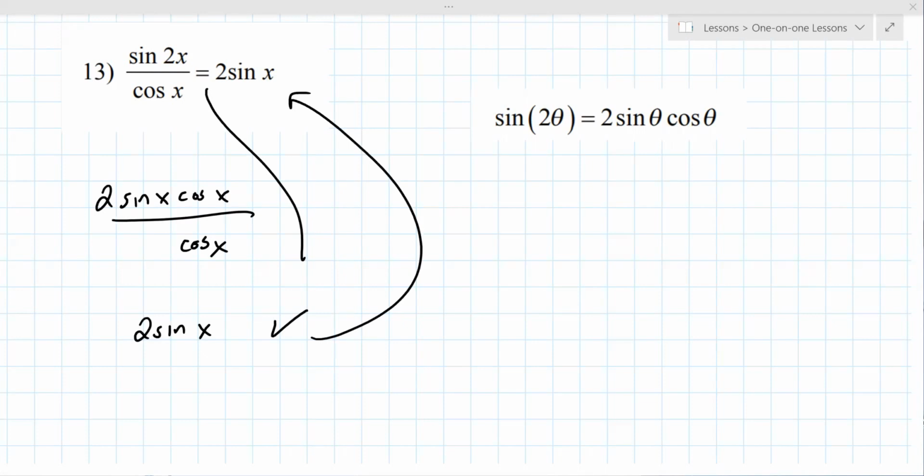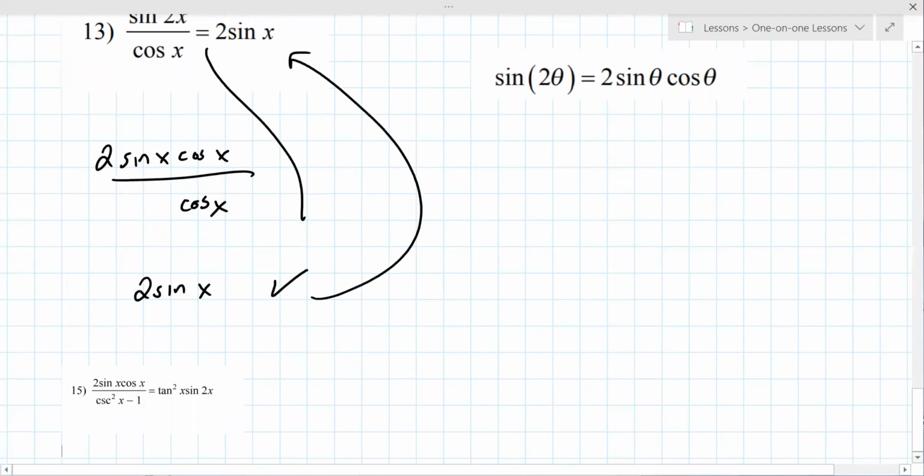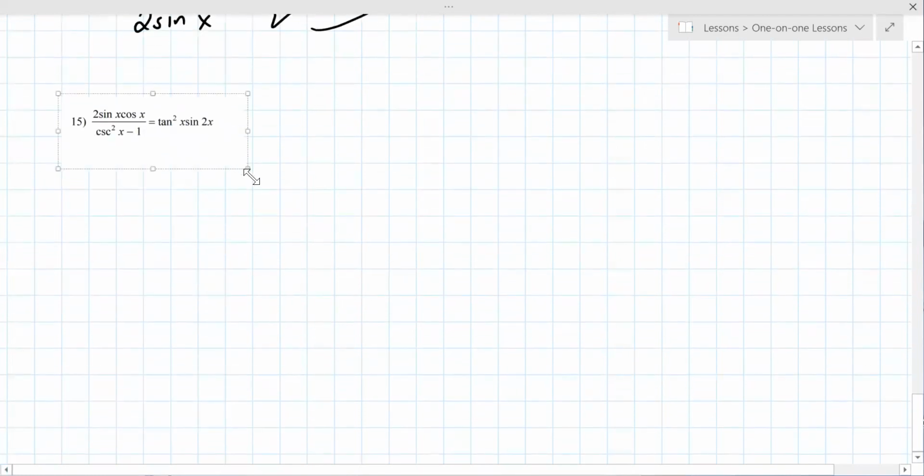Alrighty. All right. So now let's do 14 because, well, I mean, these are all a little different. 14 actually isn't very good to do because it's just undoing what we just did. 15, we'll do 15 next. I can come back to 14 if you want. All right, so